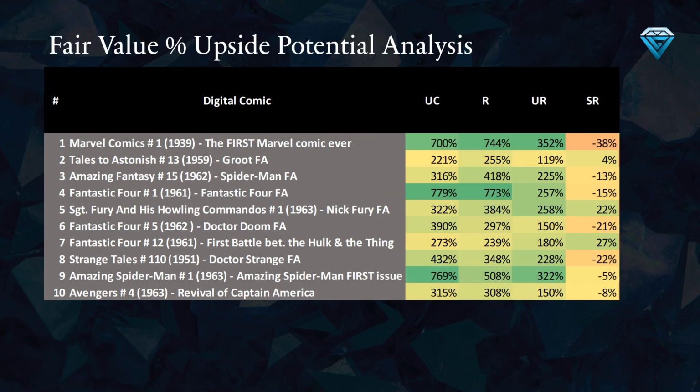This table shows the upside potential in percent based on the common, variant, edition size, and current price. The key comics that stand out on this list are number 1, number 4, and number 9. So for Marvel Comics number 1, the uncommon has a potential upside of 700%, and the rare has a potential upside of 744%. For Fantastic Four number 1, 779% potential upside and 773% potential upside for the rare. And going down to Amazing Spider-Man number 1, we have 769% potential upside for the uncommon and 322% upside potential